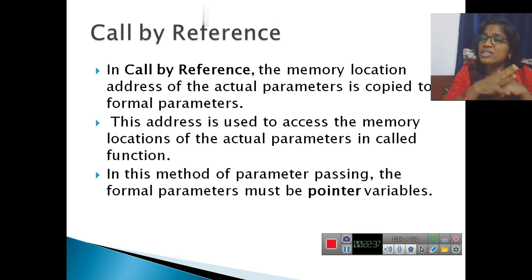So in call by reference, the address of the actual parameters is copied to the formal parameters. This address is used to access the memory locations of the actual parameters in the called function.